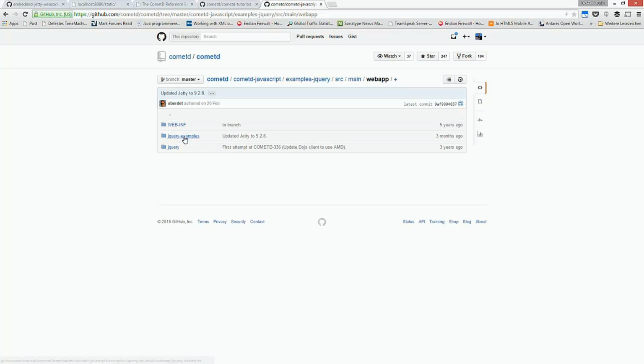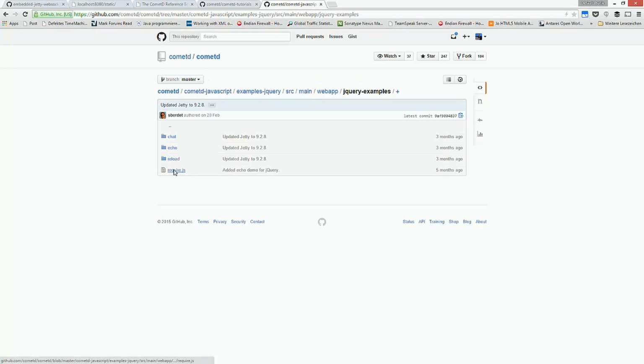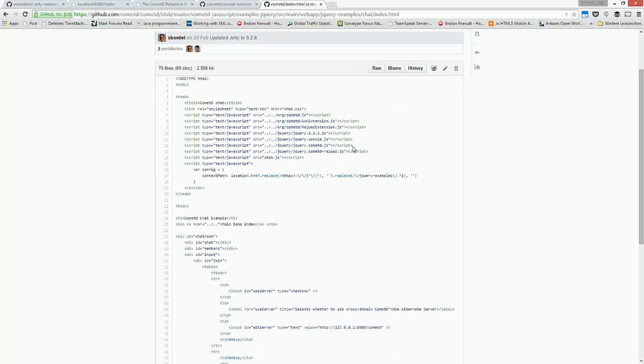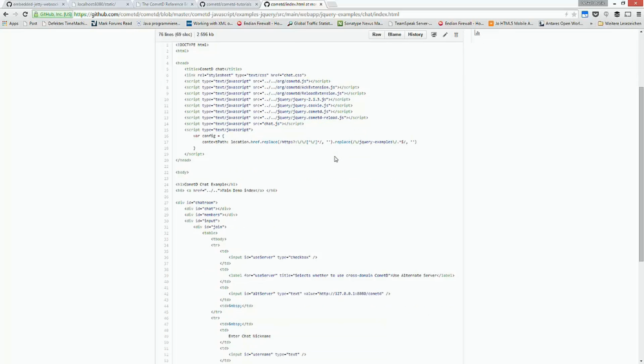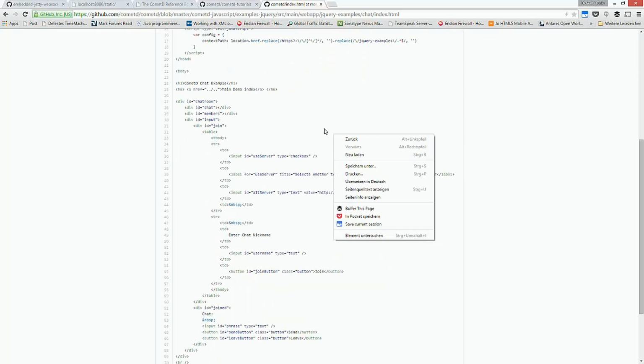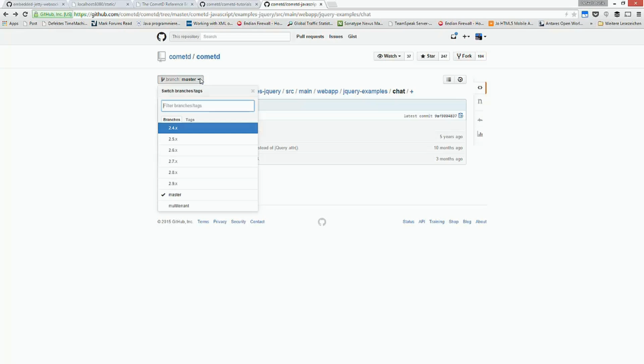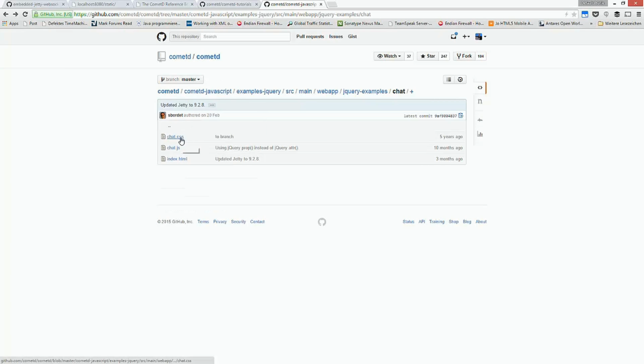Looks like there is something. There's already a chat thing. Not sure which version it actually uses. It's talking about master. Sounds good to me.